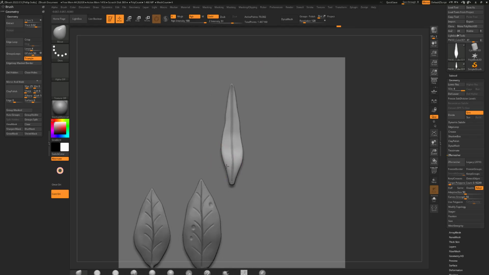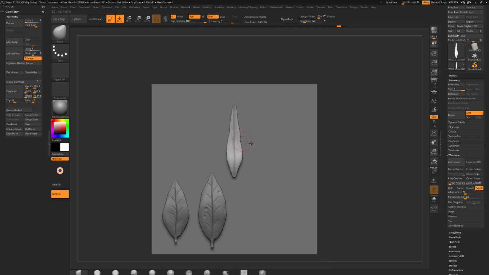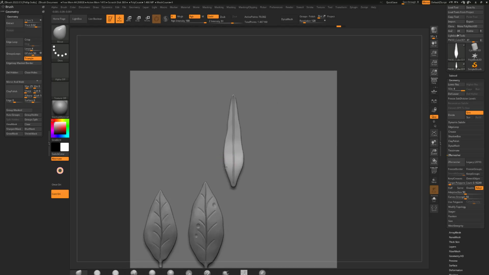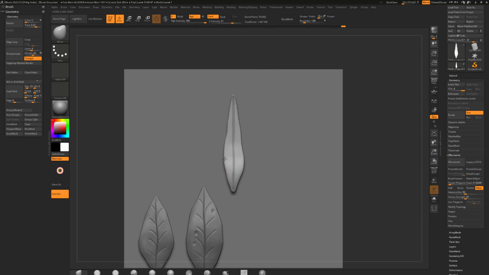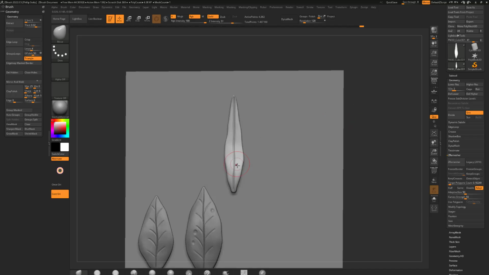And again, it doesn't have to be a whole lot. You don't really have to push something out like this to give it that uniqueness. This could be enough. And I think I actually want this to not pop out as much, so I'm just going to push this back in. And again, anytime you're doing large movements,